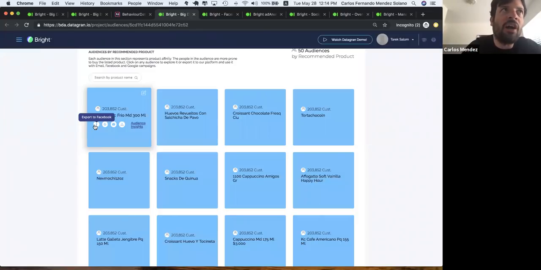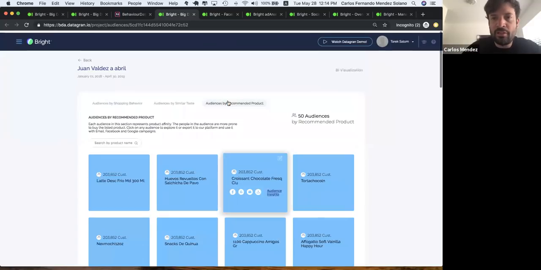So if our cluster is composed of about 10,000 people, with the Google and Facebook DMP, once they make the lookalike, that audience can turn from 10,000 people to 1 million, 100 million, depending on the market that you are in. So hopefully that helps to clarify that.